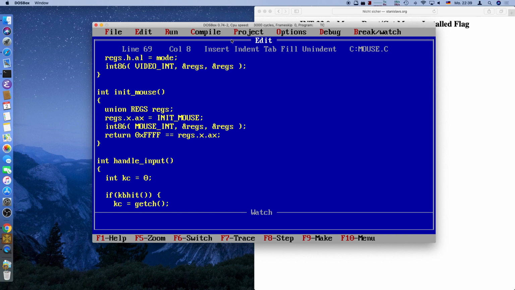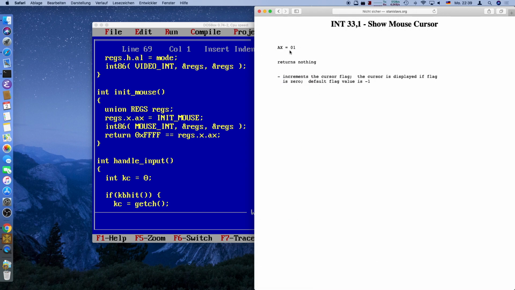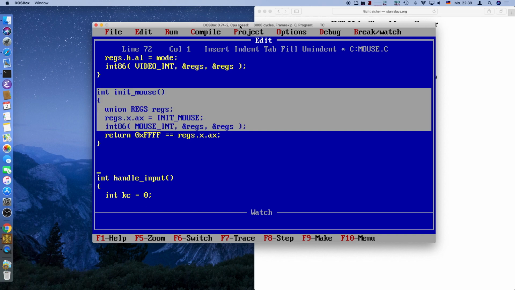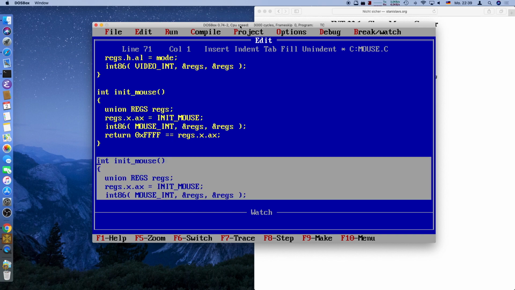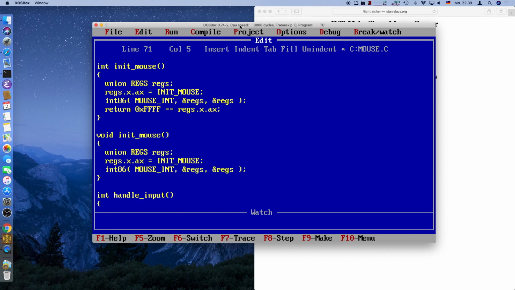Now we want to show the mouse cursor. This is a very simple function. Show mouse cursor is just x equals 1 without anything else. So we can more or less copy this whole function, and we don't need to return anything. And we will call it show mouse,